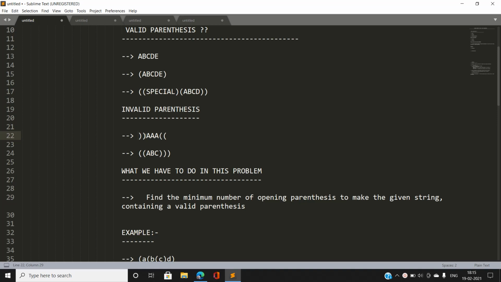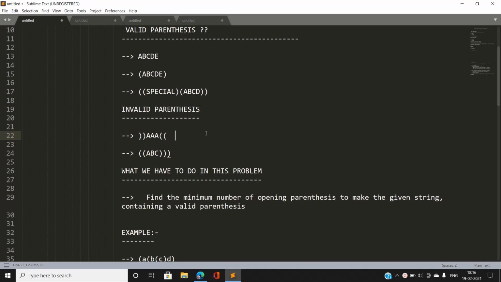That is, if you consider index 0 of this string, there is a closing parenthesis, but there isn't an opening parenthesis with a smaller index. And similarly, for the opening parentheses at indexes n and n minus 1, there isn't a closing parenthesis after these indexes. So we cannot say that this is a valid parenthesis string.